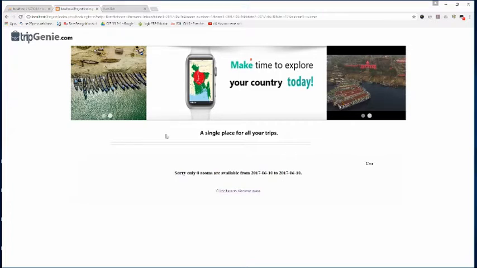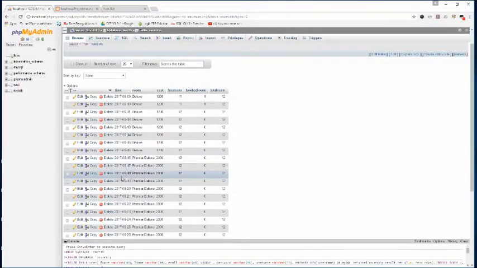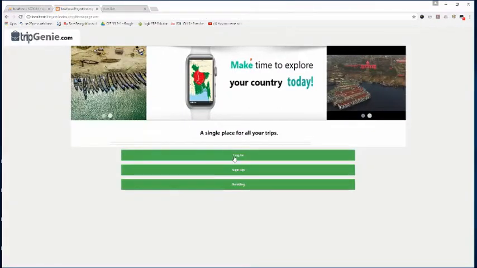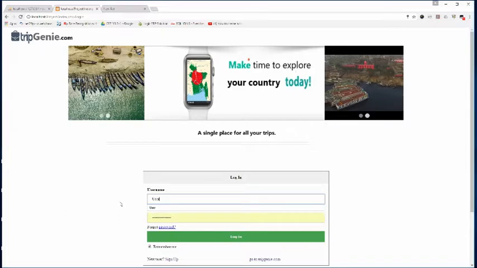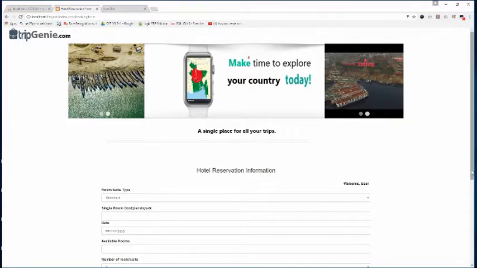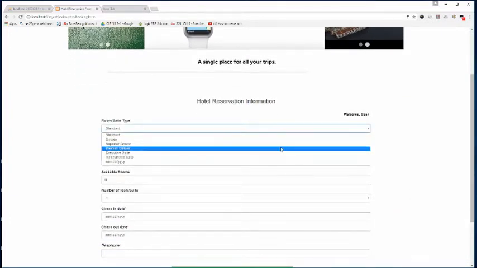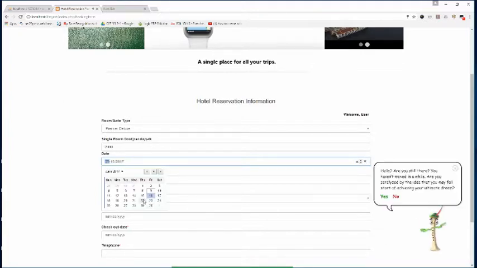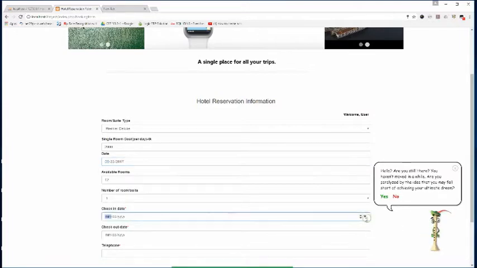So let's book another room. Available rooms is 12. Number of rooms is 1, and the check-in date shall be 6/2. It shows invalid date because the check-in date shows 10, and then we'll have to put the telephone number for confirmation, and we don't need to calculate the cost. So that was an error, because in the database there was no Premier Deluxe room from 9 to 10.